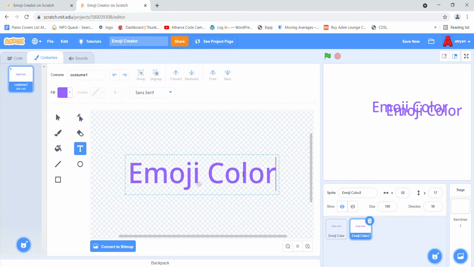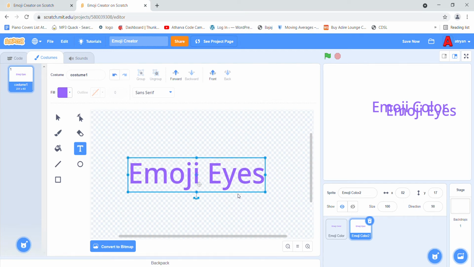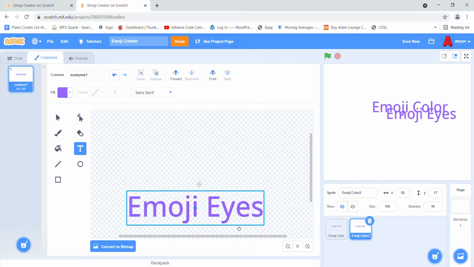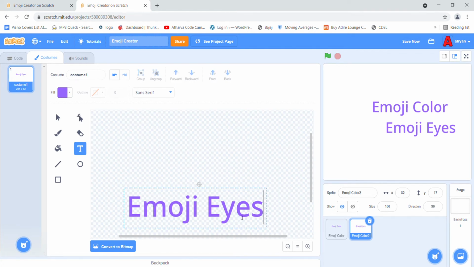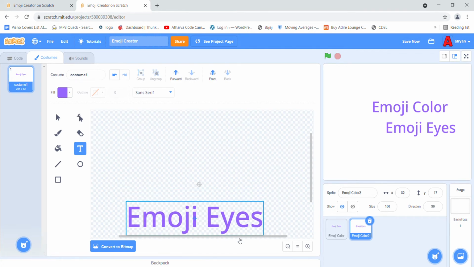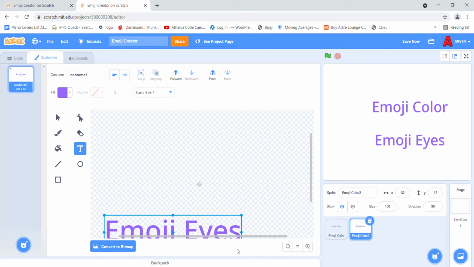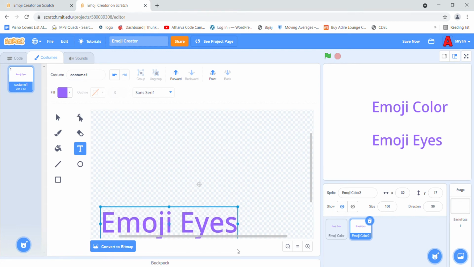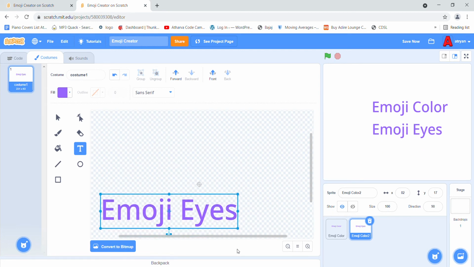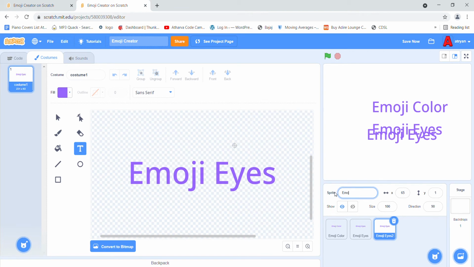So emoji eyes, boom, there you go. Okay, get this a little bit down, maybe like here. Okay, yeah, that's fine. A little bit up. Okay, that's it. Then I'm going to name this emoji eyes, and then I'm going to duplicate this again, name it emoji